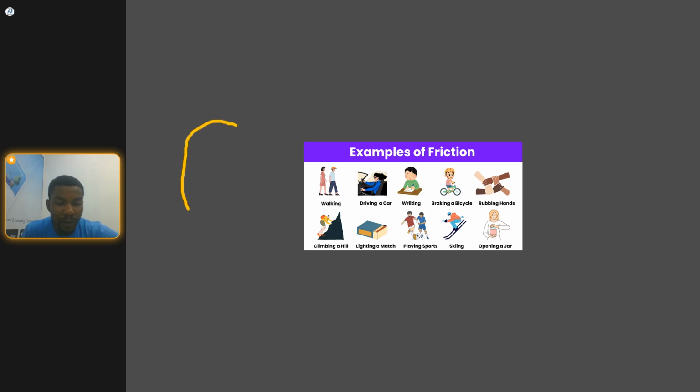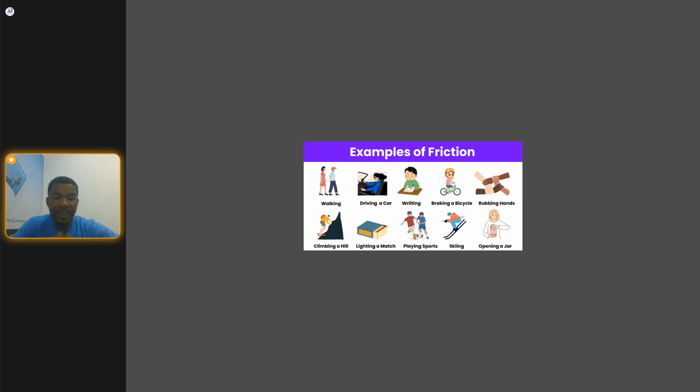Now, walking as an example. Why is walking possible? Now, check. If you check the bottom of your shoe, it always has a rough surface. And the ground which you are walking on also has a rough surface. Now, as you walk on the ground, there is an opposing motion between the surface of your shoe and the ground,